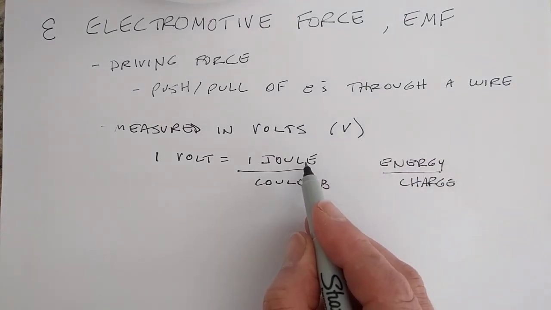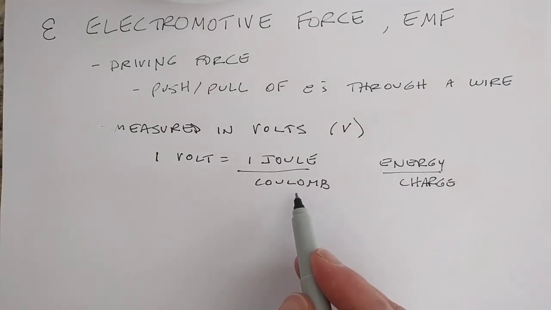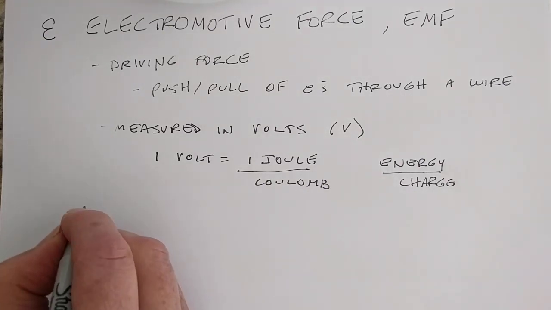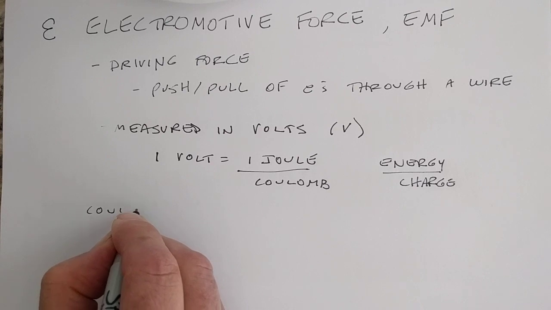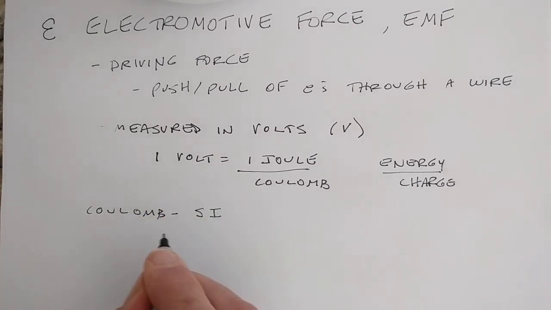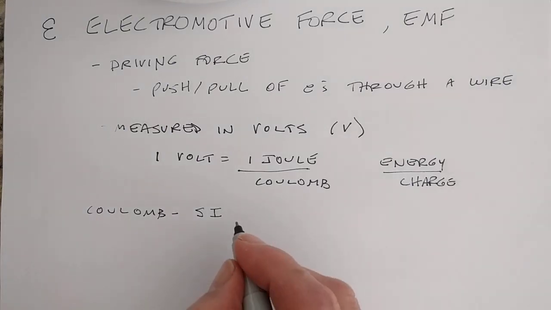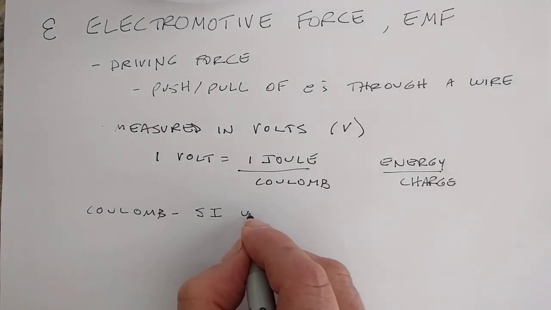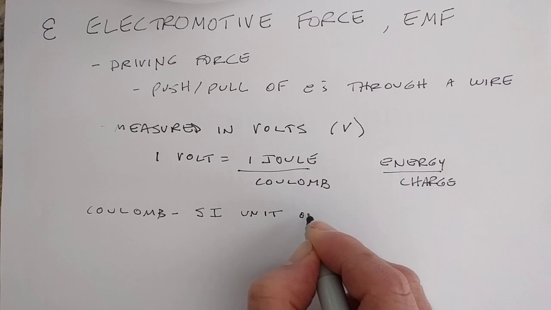So energy is in joules. Our charge we're going to measure in coulombs. So the coulomb, this is our SI, that's our official unit system. So this is the SI unit of